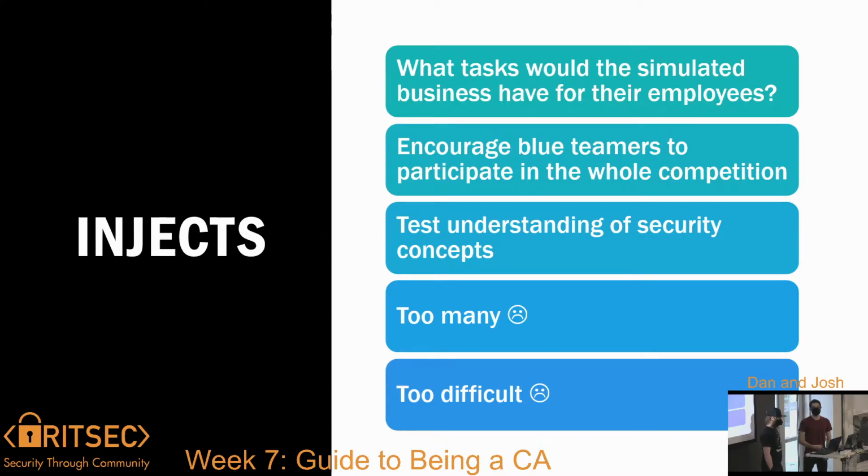One other quick note on injects before we move on. One thing that we've implemented in the past few years is giving everyone feedback. So give all the blue teamers feedback on their injects so they know exactly where they went wrong. And having that feedback is really helpful because it actually encourages the teams to do injects. For example, if I realize that professionalism is 30% of my grade, and I'm looking at this inject and saying, oh wow, if I submit anything, I'm at least getting 30% of the points.